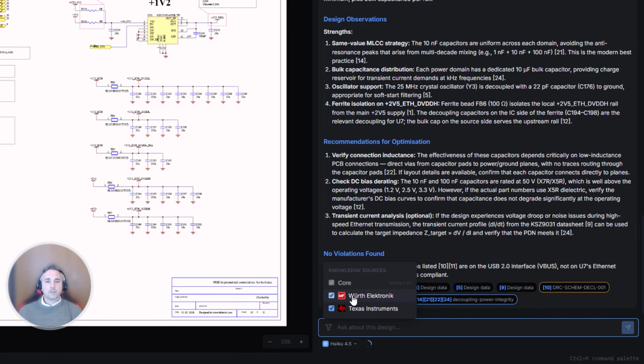So those are surfaced automatically, but you can also filter by vendor. So we've also created a few skill guides based on some great Texas Instruments app notes, and I definitely see this expanding into the future to cover many more areas covered by great app notes, because obviously they're very, very